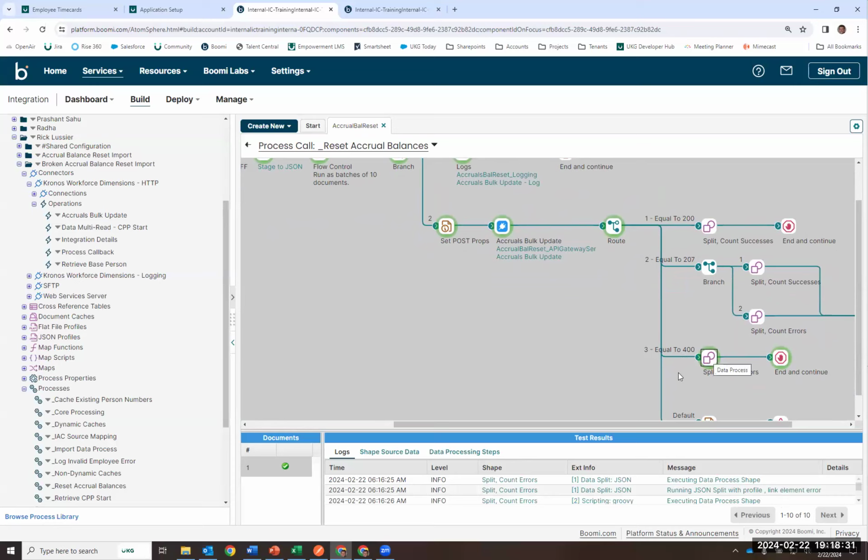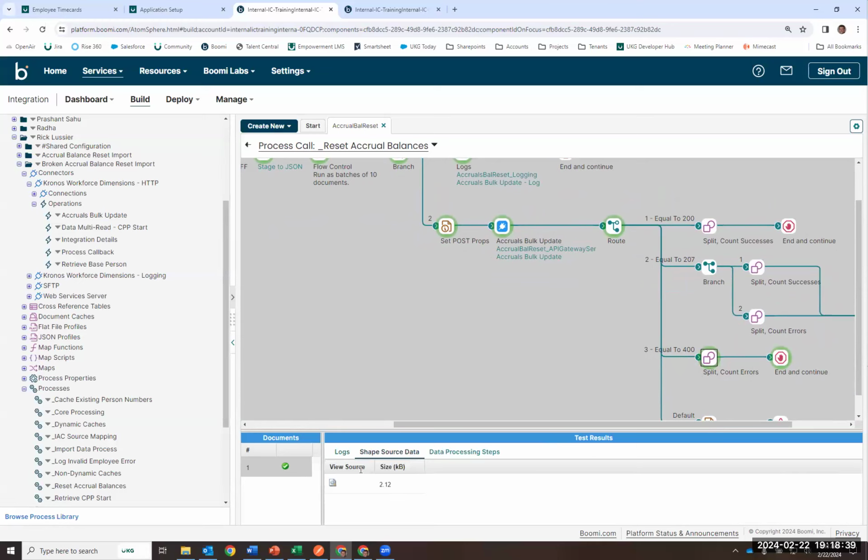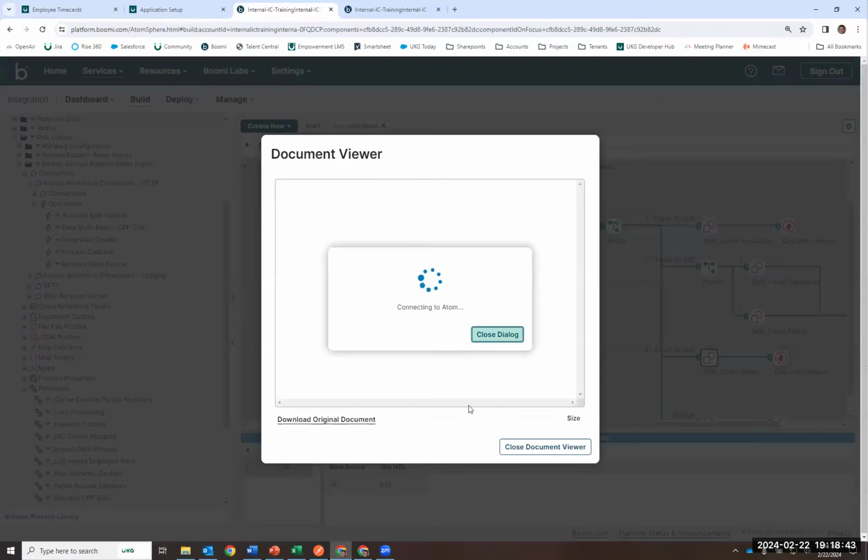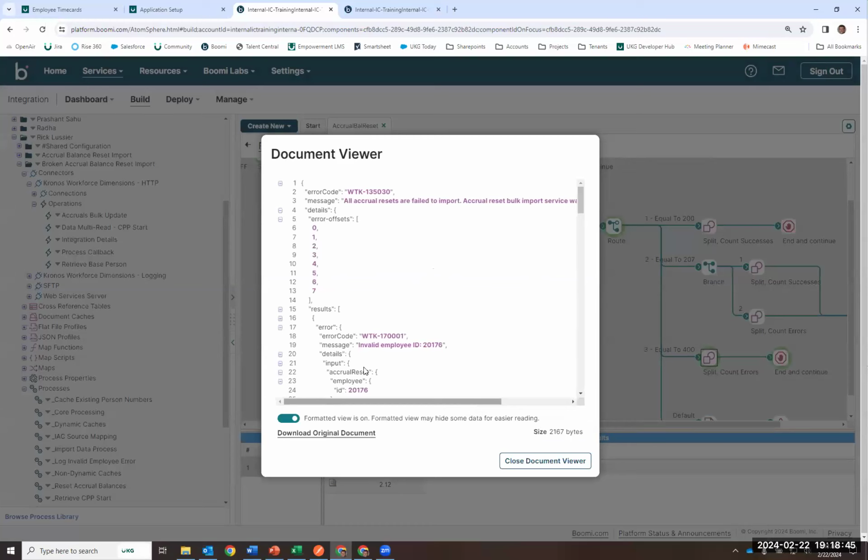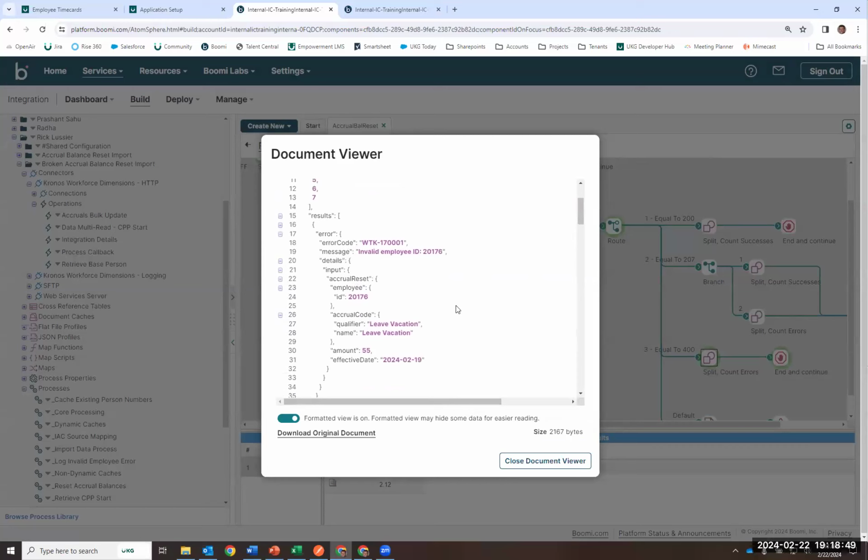So I'll select the split count, because that's something where the response document is in the flow. Take a look at the shape source data so I can view that response document. And all 8 of my transactions failed. And if I look at just the first one, it's telling me invalid employee ID